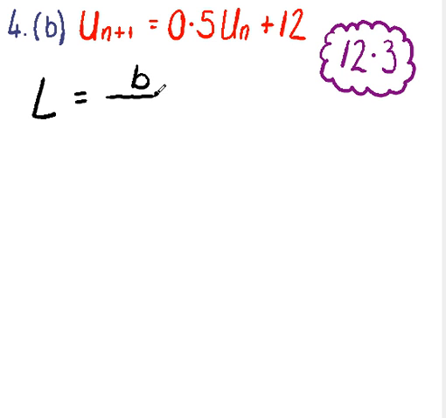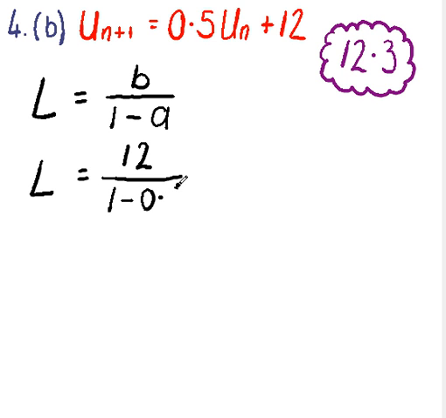over 1 minus A. Now we know that we can calculate a limit because A is 0.5. It lies within the boundaries which give a limit. So L equals B, which is 12, divided by 1 minus A, which is 1 minus 0.5. That means L, our limit, equals 12